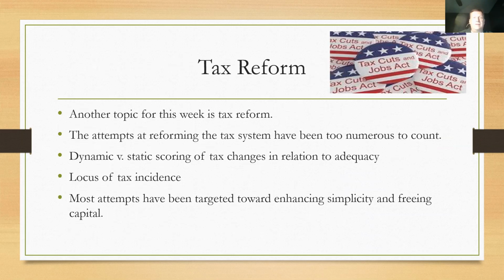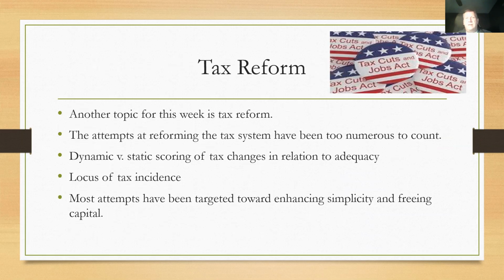Static scoring does not assume that the economy is going to grow as a result of these tax cuts. So with static scoring, you would just score into the future the impact of the tax cut being pretty much equivalent to what you see in year one, in that we're not going to assume that we're going to have any economic stimulation. And this is the area that Democrats and Republicans fight about, and we just saw it in